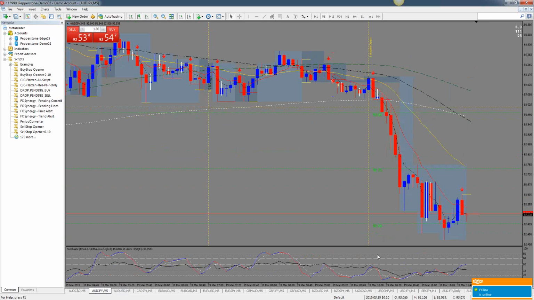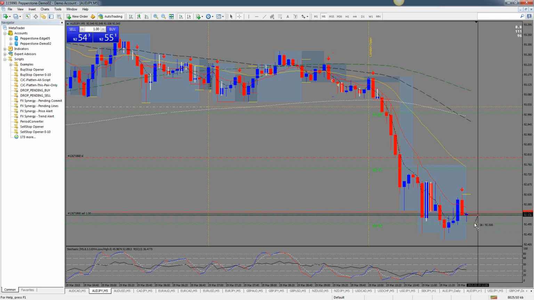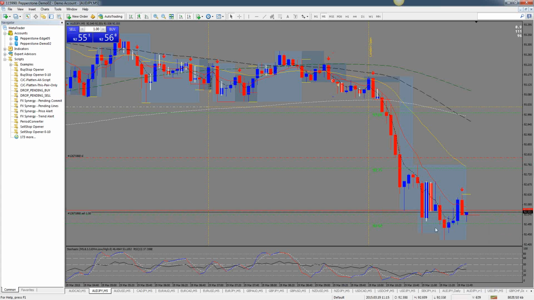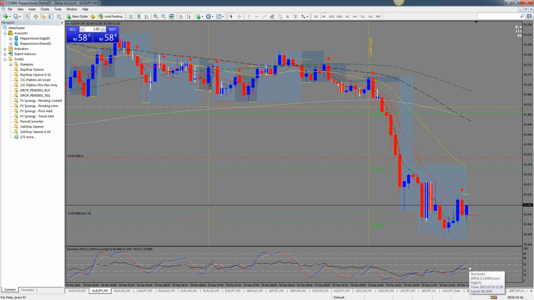All right, so I had a signal here on the Aussie yen, so I'm in that trade. All right. Now, again, I can see what I'm looking for. I know that I have the big number, so in my head it's already there. I see the break. The stochastics is not 100% perfect,